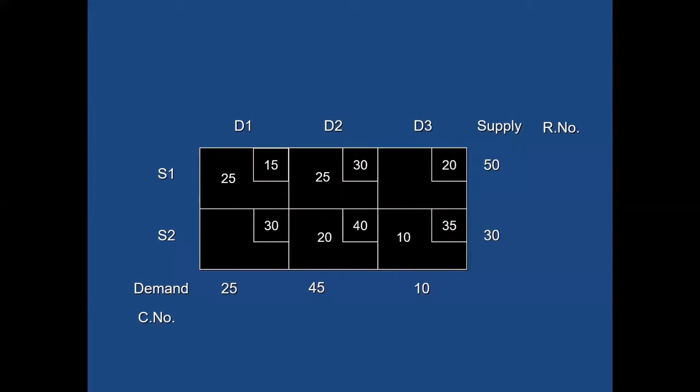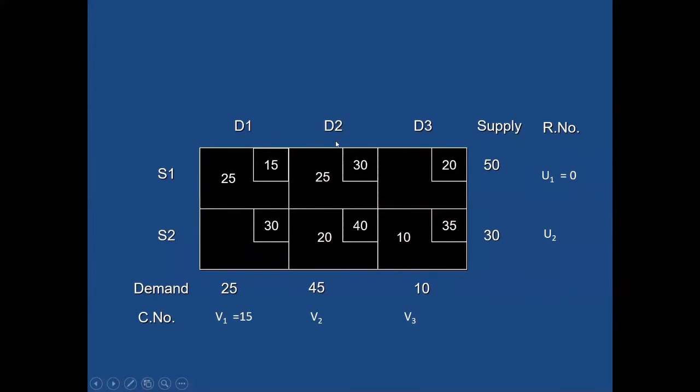Okay. If it is a feasible solution, go next and find the values of your row numbers and column numbers, which is represented by U's and V's. So we have U1, U2, and in the column numbers we have V1, V2, and V3. Initialize any one of these variables as 0. So let us take U1 as 0 here. Using U1 as 0, I can find out the value of V1, because of this occupied cell here. So U1 plus V1 should give me 15. That means if U1 is 0, V1 will be 15.